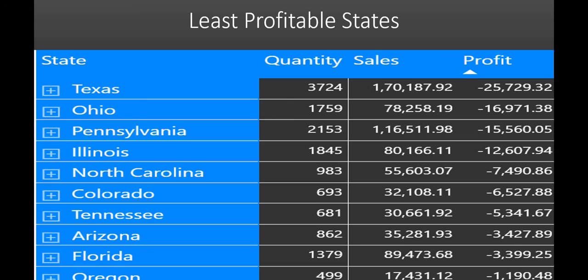So these are all the business problems which have been discussed by creating a dashboard in Power BI to analyze it for exploratory data analysis, and with the presentation